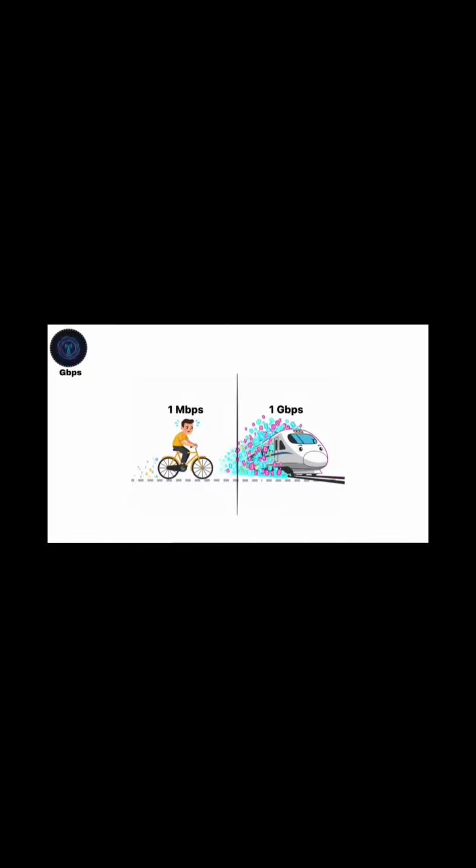Gigabits per second, Gbps. A gigabit per second equals 1000 megabits per second, or 1 billion bits per second. This is where high-speed fiber internet, 5G networks, and data centers come into play. To put it simply, if 1 megabit per second is like a bicycle, 1 gigabit per second is a bullet train. At this speed, downloading a full HD movie takes just a few seconds, not minutes. Gamers, streamers, and cloud professionals rely on